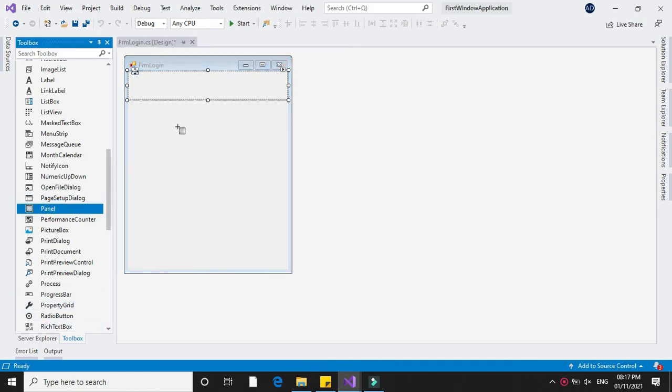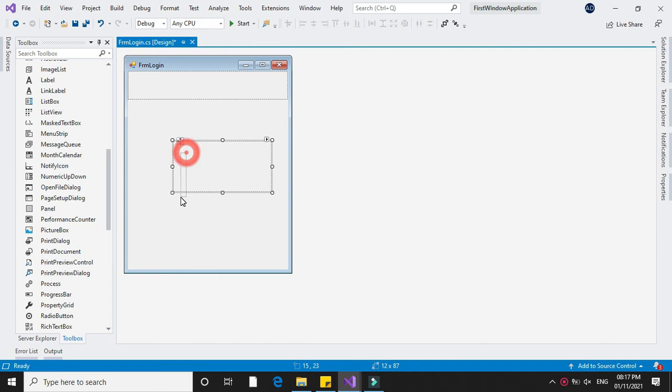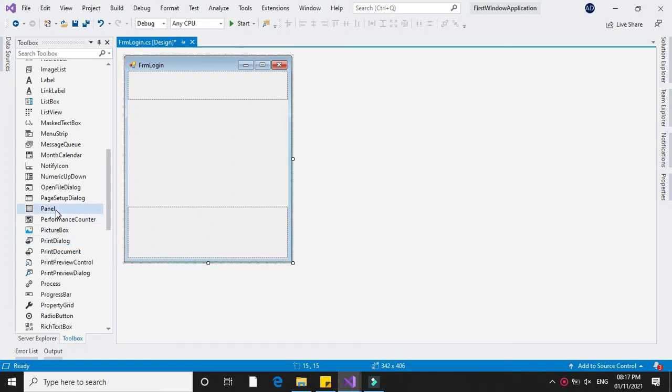Then second panel is for adding the buttons on the form. And third part is the controls that you are going to drag and drop on the form.